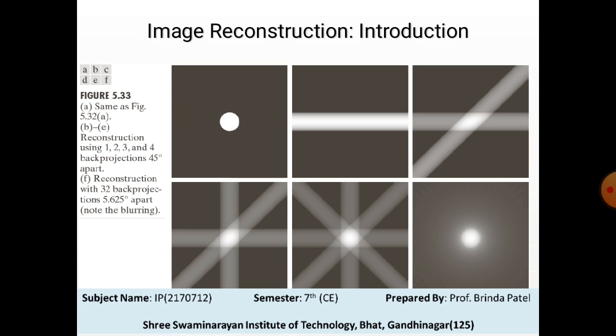While this reconstructed image is a reasonably good approximation to the shape of the original object, this image is blurred by a halo effect, right? The formation of which can be seen here in these images. For example, here it appears as a star whose intensity is lower than the object but higher than the background. So blurring in CT reconstruction is an important issue here.